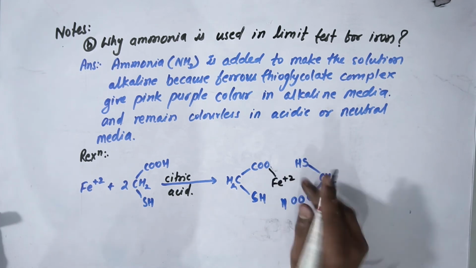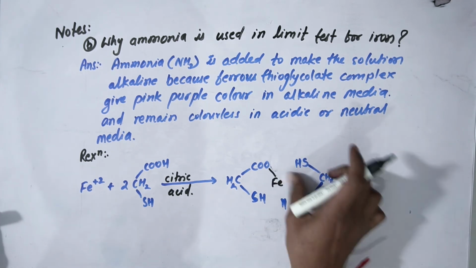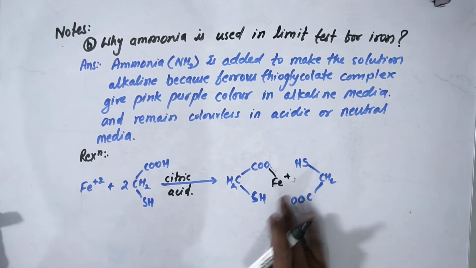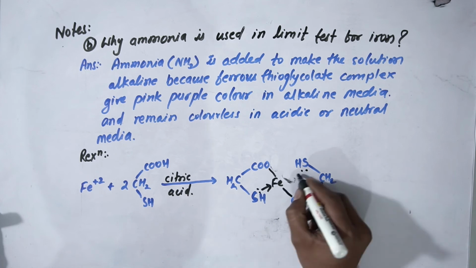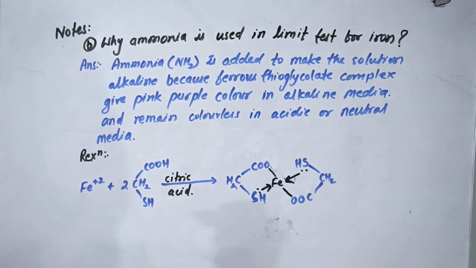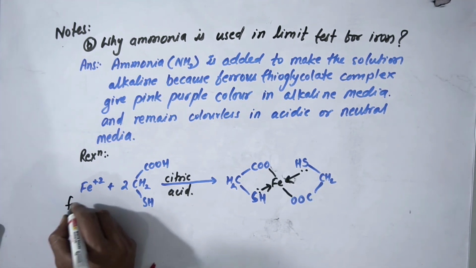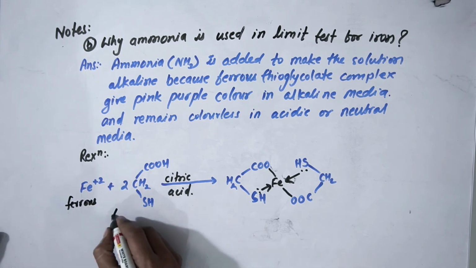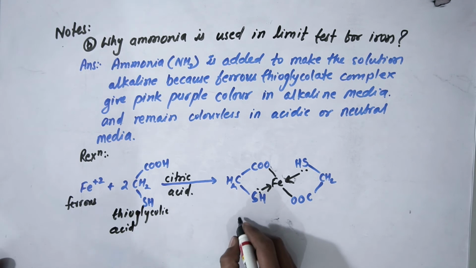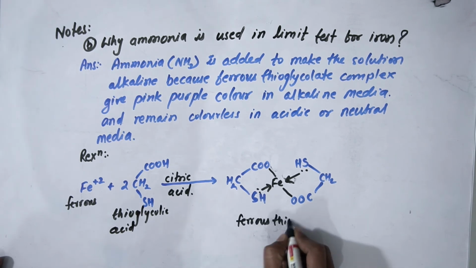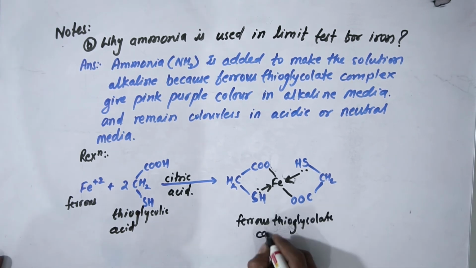Now remove these two hydrogens from both carboxylic acid groups and make 2 bonds, and you know the sulfur has lone pairs and they will share with iron. Now we'll write the name. This is ferrous, this is thioglycolic acid, this is ferrous thioglycolate complex, because it has covalent bond as well as